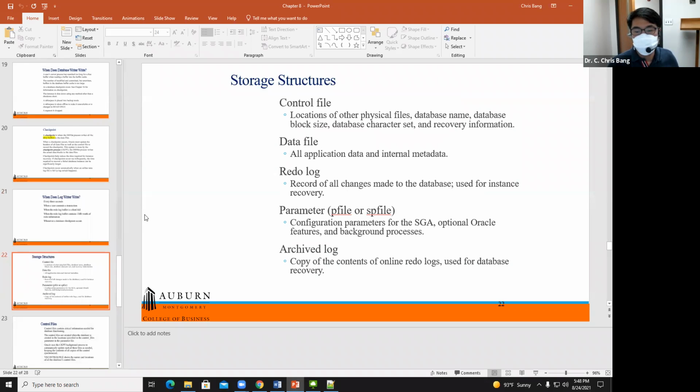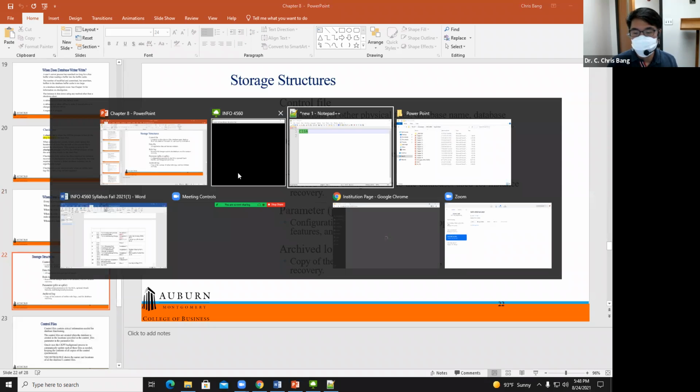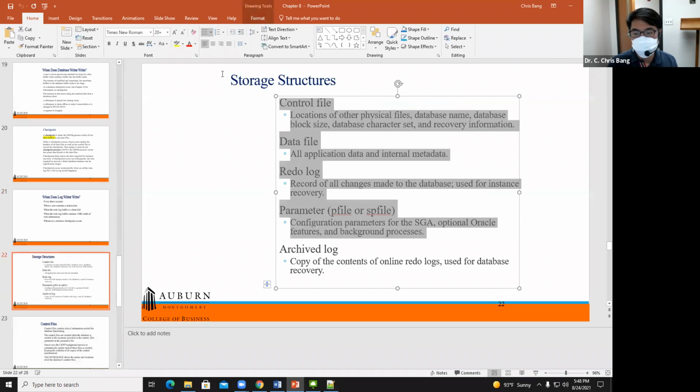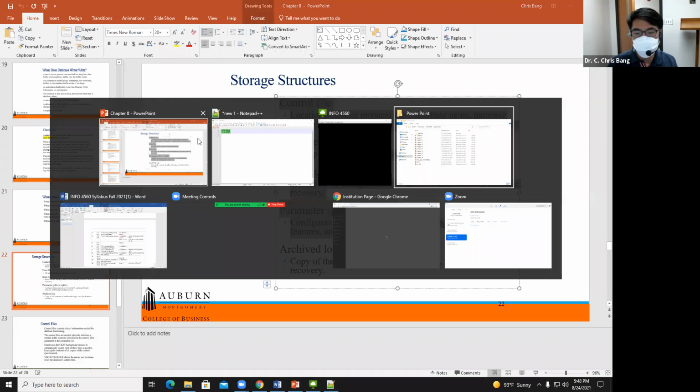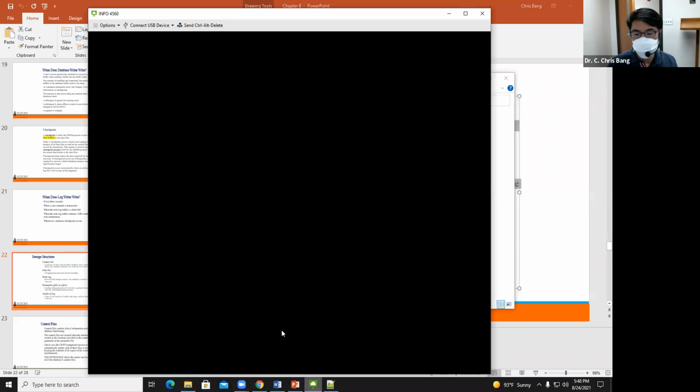So, control file, data file, redo log file, parameters, and archive log. You can find those 4 types of files in where is it? In